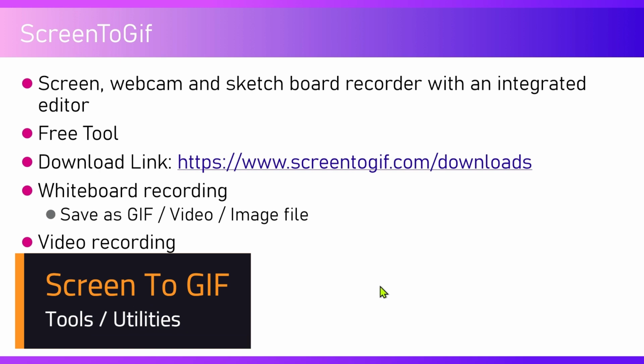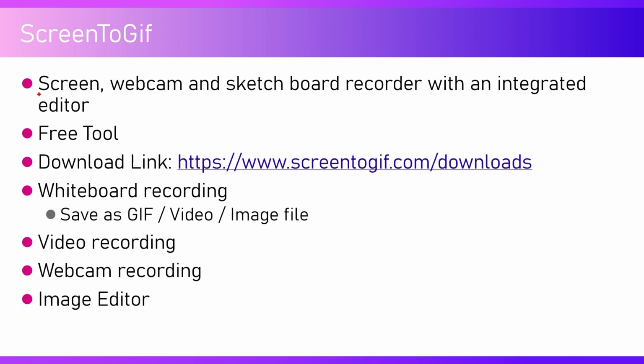Let's look into one of the tools named Screen to GIF. If you look into this tool, you get to see a lot of features available within this particular application. You can capture screen, webcam, and sketchboard, and record the interaction within the sketchboard, webcam, or screen with an integrated editor. It's a free tool. You can download it from screentojif.com, downloads, and you can perform a whiteboard recording,